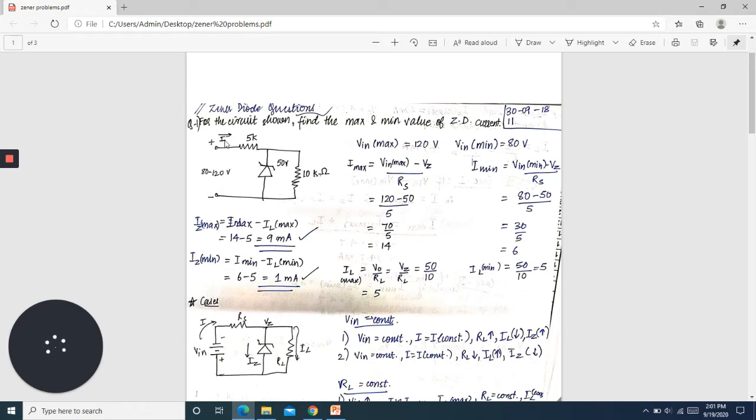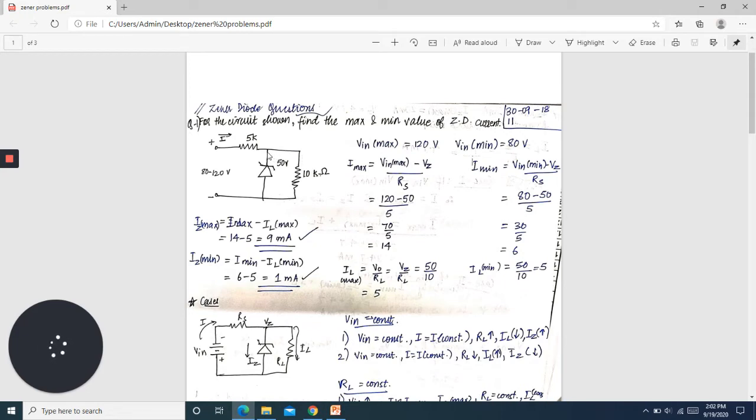Now as the input is unregulated, as I told you, the output RL will always be constant. Here they have given the value of the constant resistance as 10 kilo. Now what is VO? We can easily guess, as the Zener voltage they have already given as 50 volt. So VO will be equal to 50 volt. Now we have the voltage VO, we have the resistance RL, so the value we can easily find now is the value of IL.